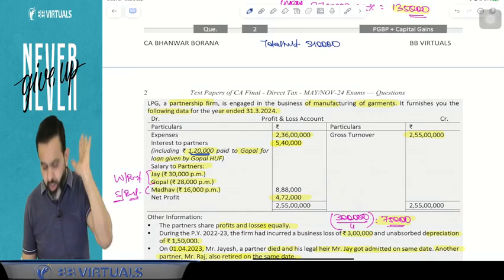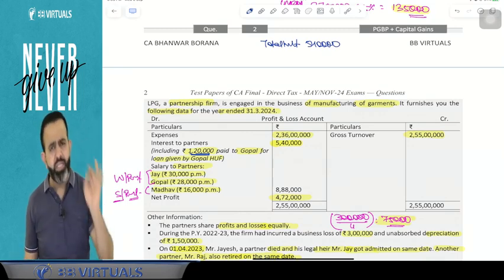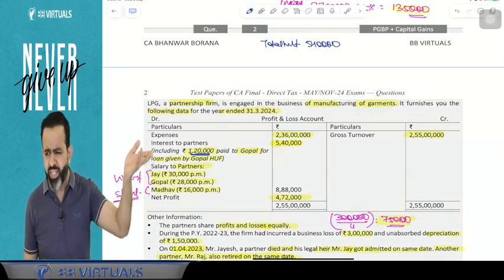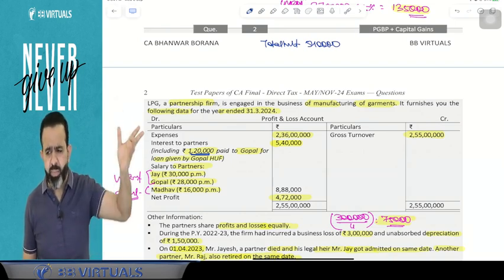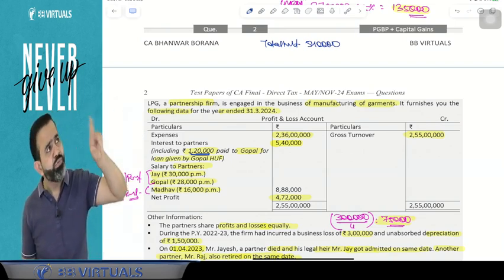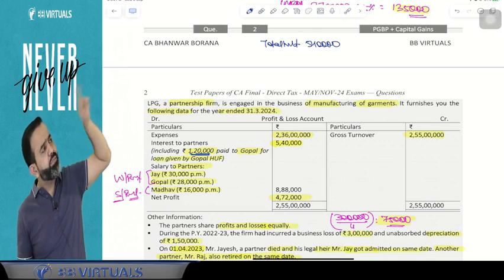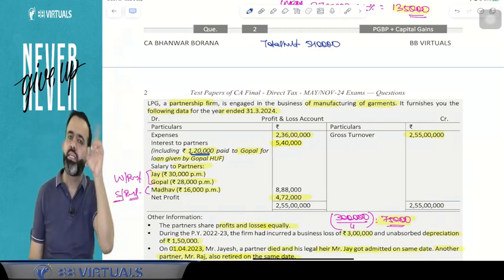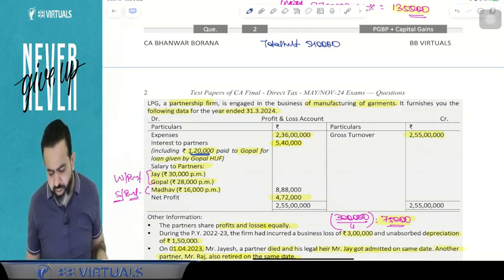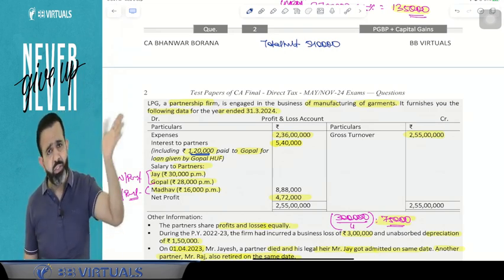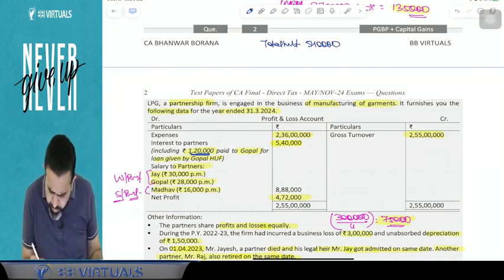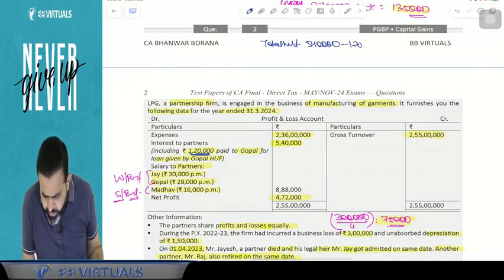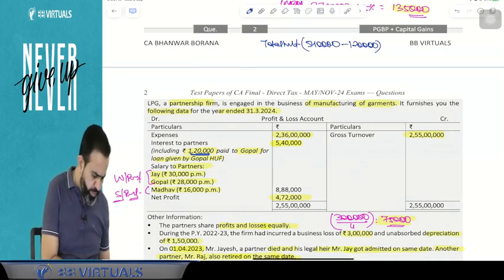Whatever the percentage, 1,20,000 is allowed, because I have mentioned that if a partner is a partner in an individual capacity and he receives interest in a representative capacity, then that interest is totally allowed. So out of 5,40,000, if I reduce 1,20,000,